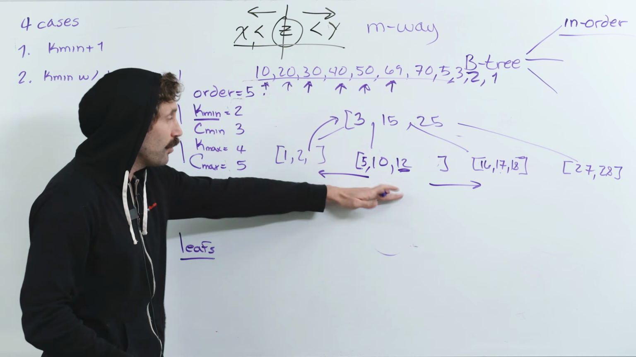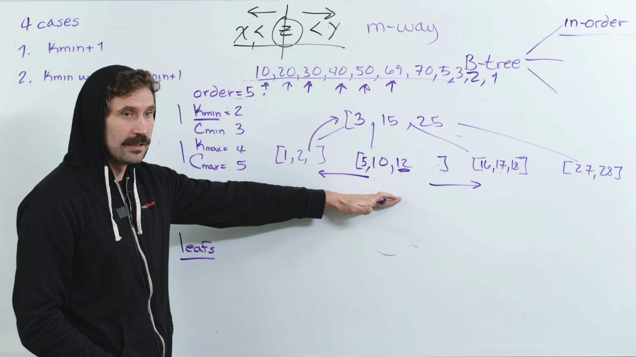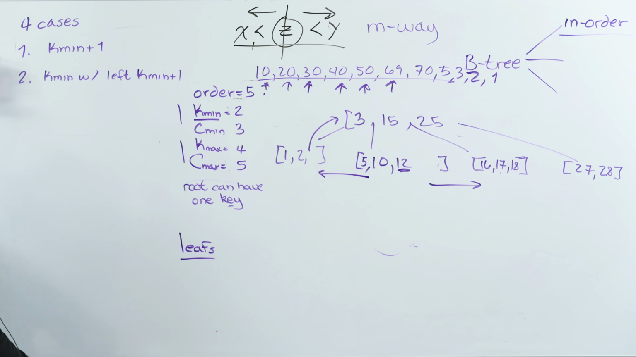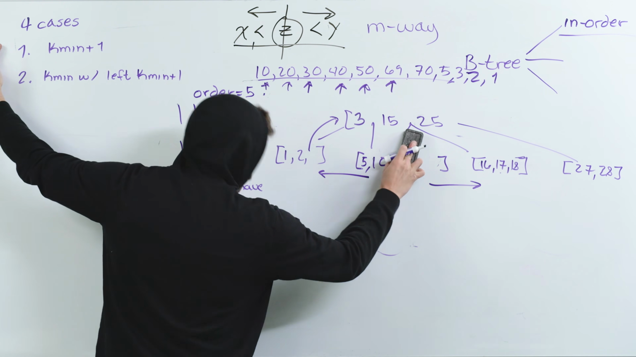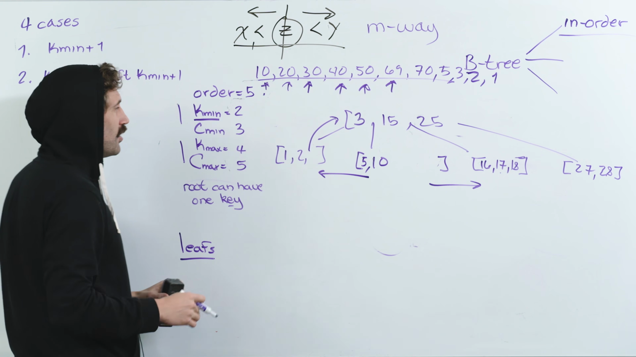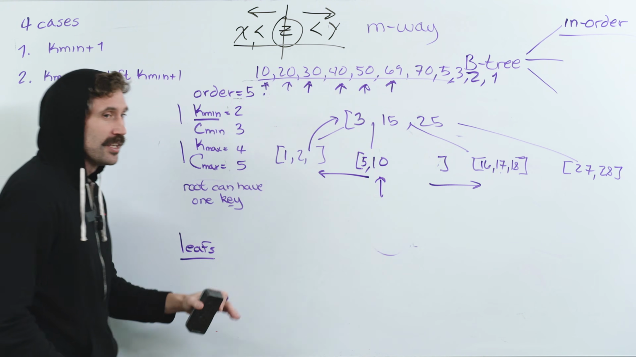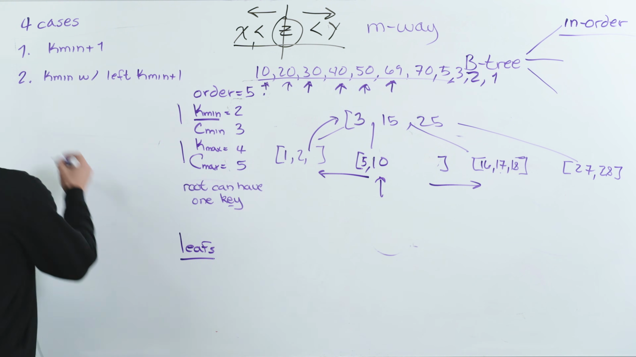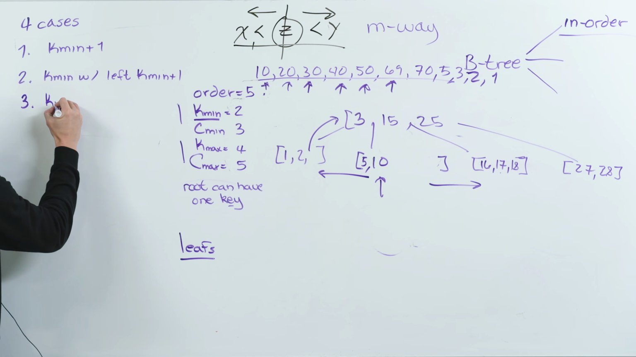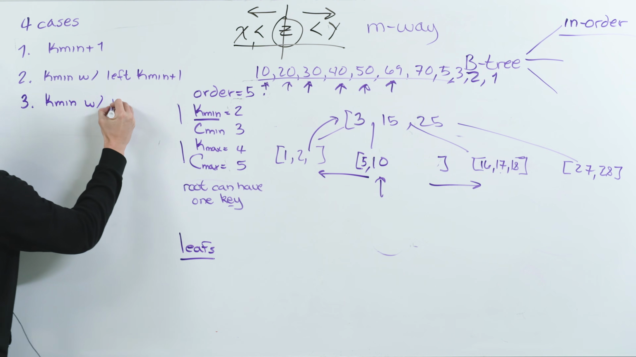So now, can we delete the 12 easily? Yes, we've reduced case 2 to case 1, goodbye, you're dead. All right, so now we're going to do the exact same thing, except we're going to delete 10 now. All right, so this leads us to case 3, which is we are at a kmin with a right